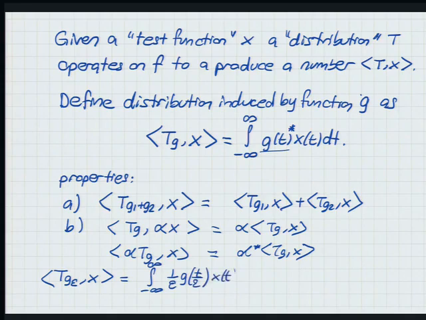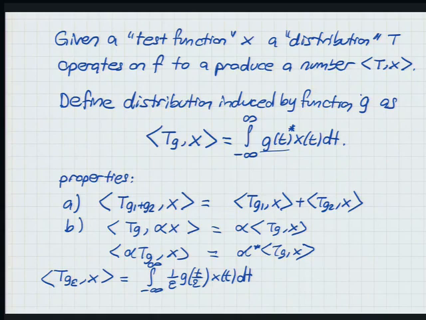X of t dt. Okay? And then if I take the limit of this, so what is this doing? What is the distribution doing? It's multiplying the test function x with a g scale g, and it assigns the resulting integral as the result of the operation, right? Now, if I think of the limit of this,